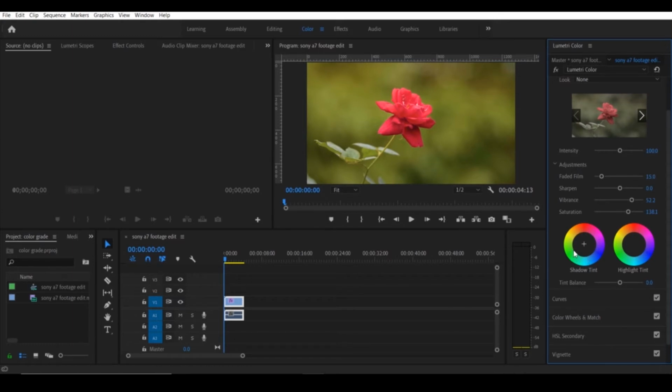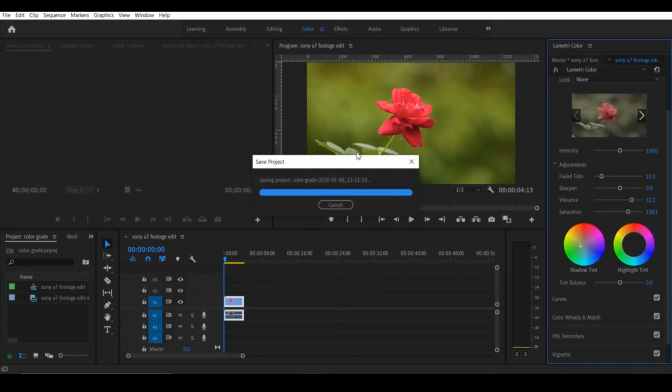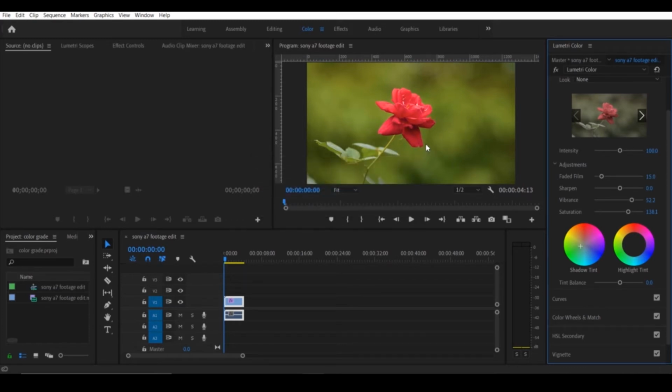Now this is if you want to give a particular look. So I won't do it. I don't want to give it a look. Okay, so I will click on the green option to give it a more greenish look. So you can see that we clicked on the green option because the background was green and it was totally blurred, and this option was also green. But we did this because we wanted our video to look much more beautifully color graded.